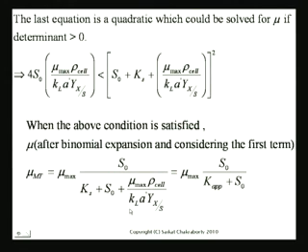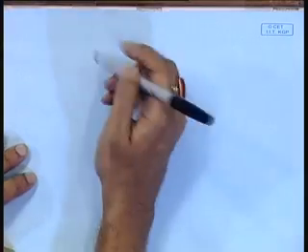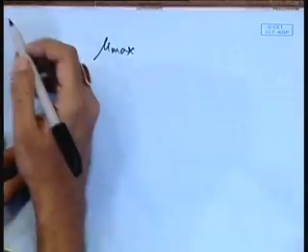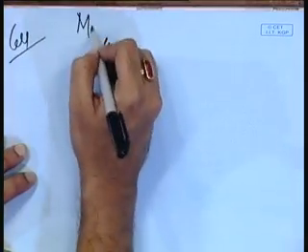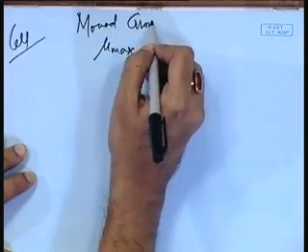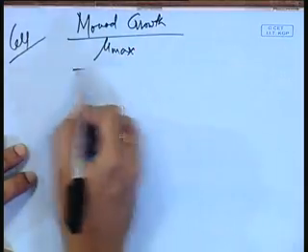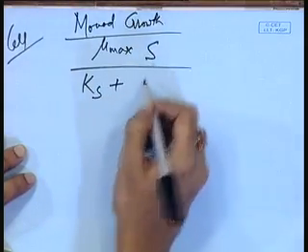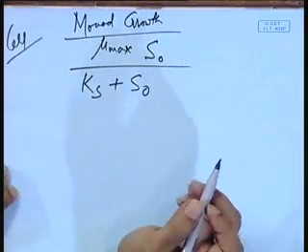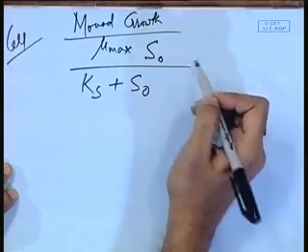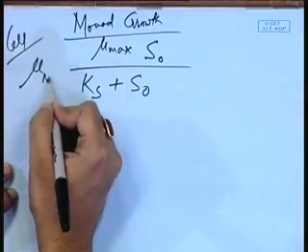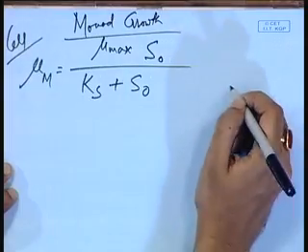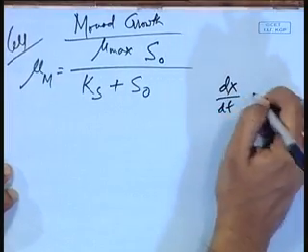What is the difference? So if I had Monod growth, for example, let's see, what would be my growth if I had Monod growth for the cells? This is for the cell, okay? Monod growth. You simply have mu max S naught over Ks plus S naught, right? And of course multiplied by X, that is always there. So your mu Monod, let's call this mu Monod, is this, and your growth rate dX/dt would be mu times X, right?